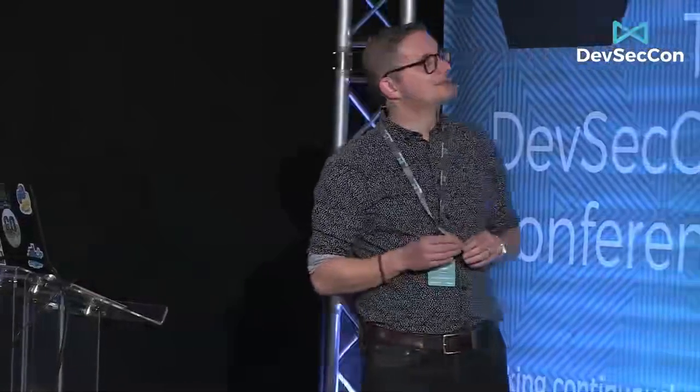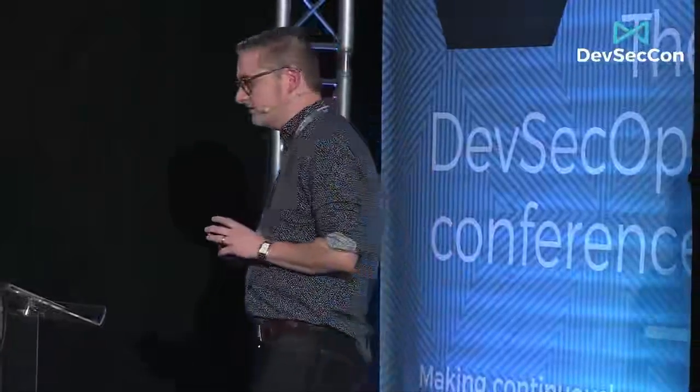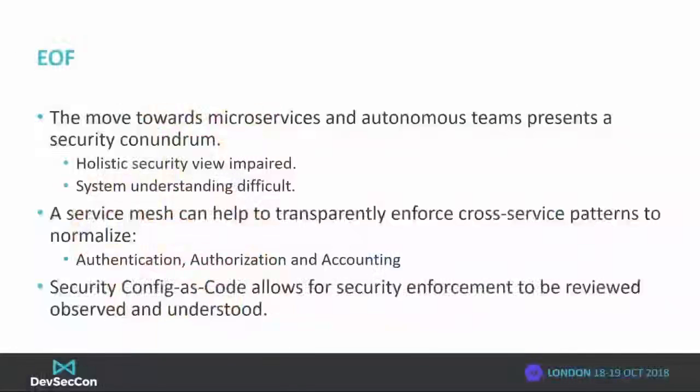So, that was quick. My final slide is really about how the move towards microservices and autonomous teams has presented a conundrum for us, because previously, especially in big companies, there would be big gates in place to do security reviews, to verify people are doing things in a consistent way.